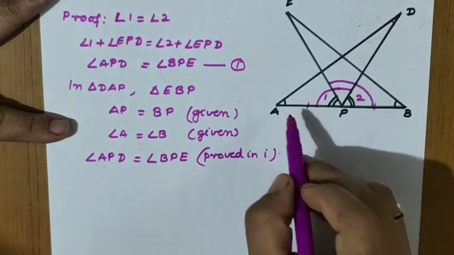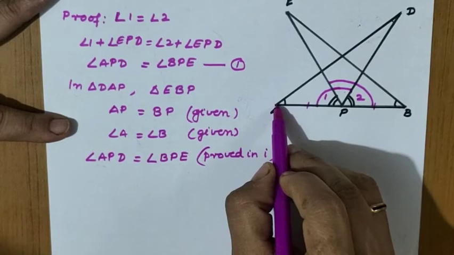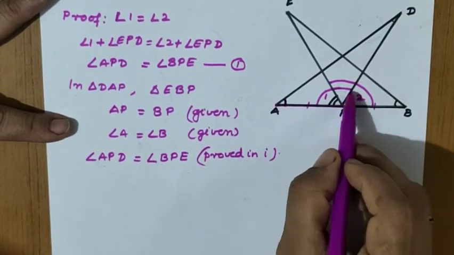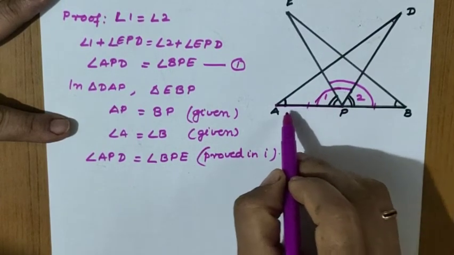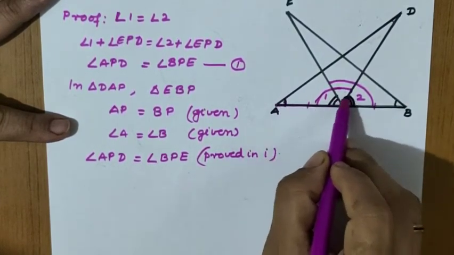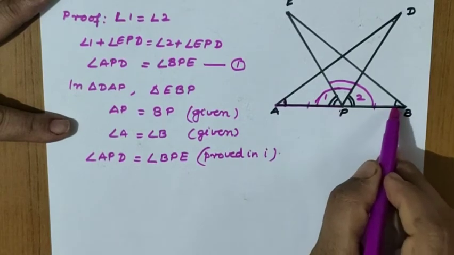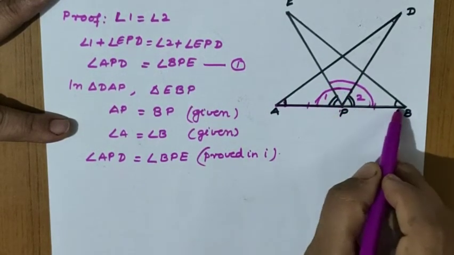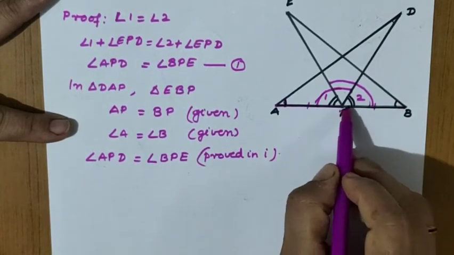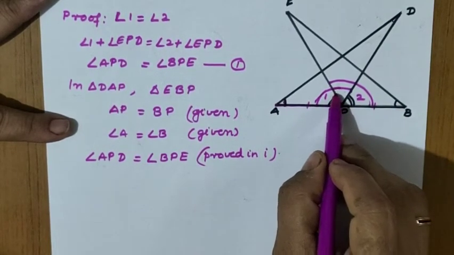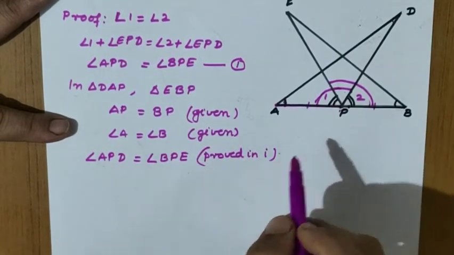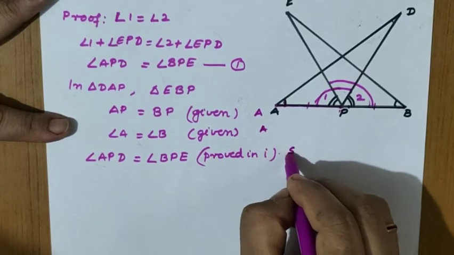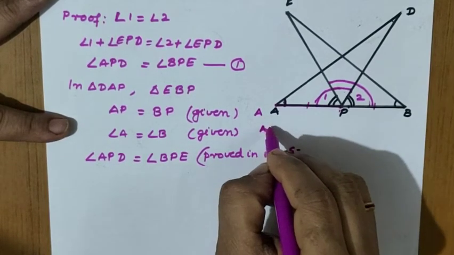Okay, now again check. AP is the side we have used, right? On that angle A we have taken, and now which angle is taken? Angle P. That is, A and P are on the side AP. Similarly B and angle P. Angle P is here, so they are on the side BP, right? So BP means up to here. The whole angle is coming here also. So we are getting the included side. Angle, then side, right?